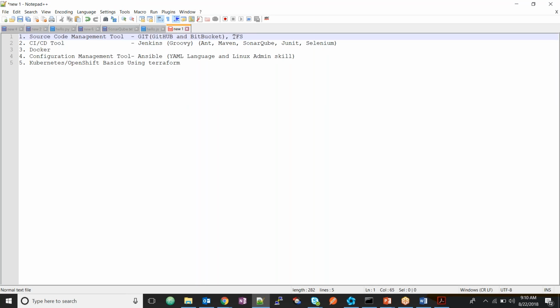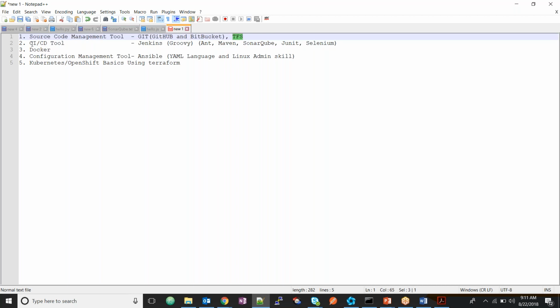In Team Foundation Server we have the complete set of things. We have Jira with Team Foundation Server, we have .NET frameworks, and we have Microsoft SQL Server. Similar to Jenkins, in TFS we have continuous integration, build tools and all the rest available.